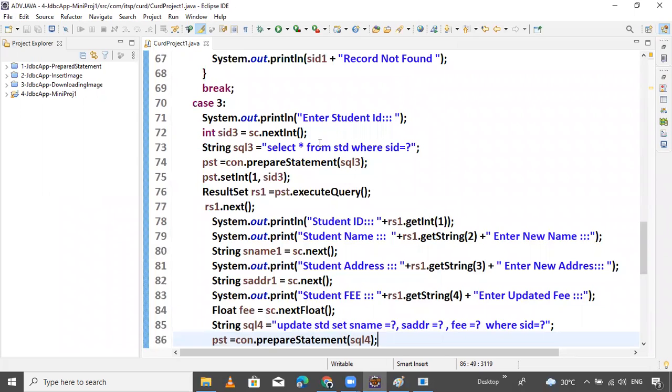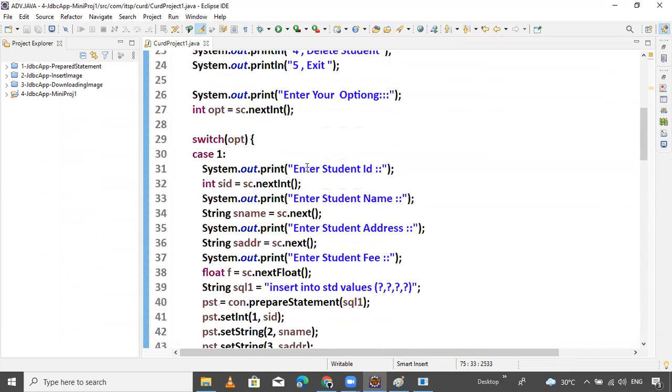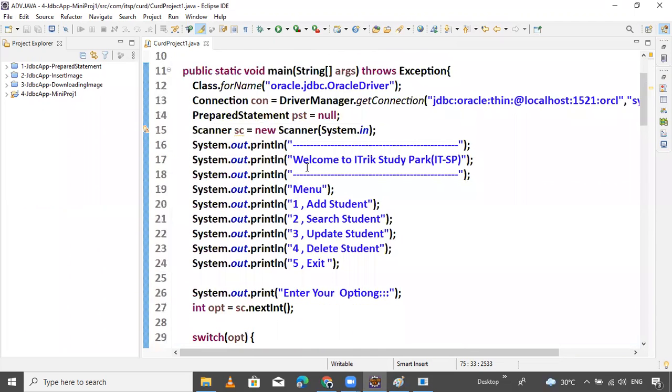Enter the ID, enter the name, it's good. Provide the SQL query: select star from student std where SID. That's it. Good. PST. Now prepare the statement by passing that query SQL3. Pass that query and set the data into the prepared statement. We declared the prepared statement as null.